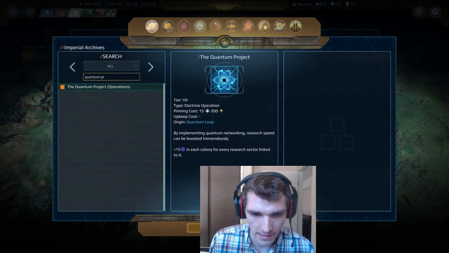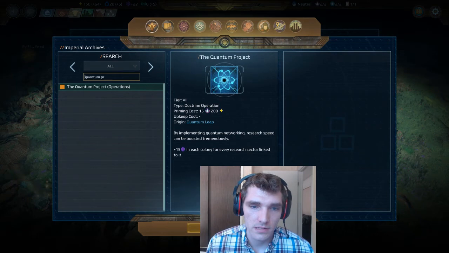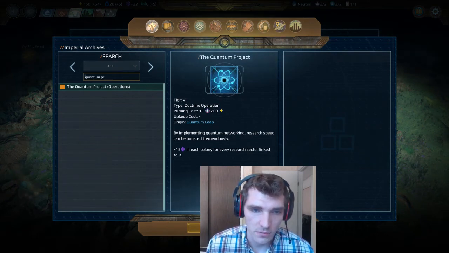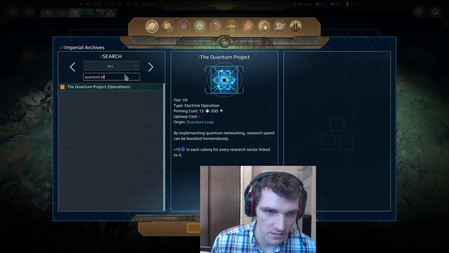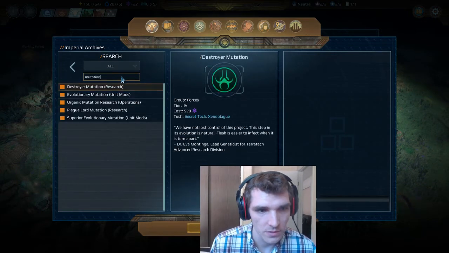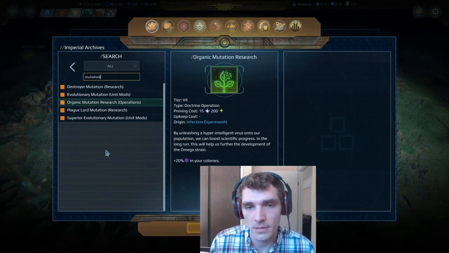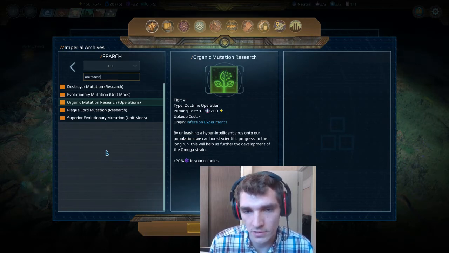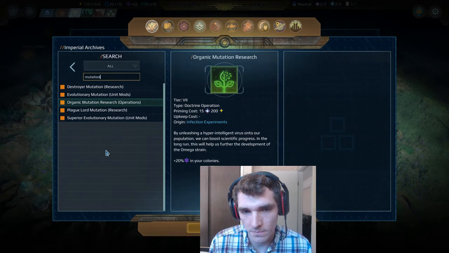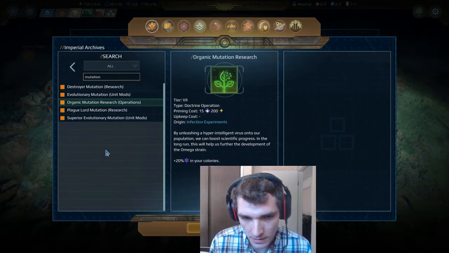So now we have to go check our Xenoplague stuff. It is organic mutation research. That's the one I'm looking for. So let's try and find that in my list of things. Organic mutation research. Yes, so this also boosts your ability to produce research. Of course, this doesn't need research sectors to get research. You could just have workers making research or generating research to get this to apply to the research that you're